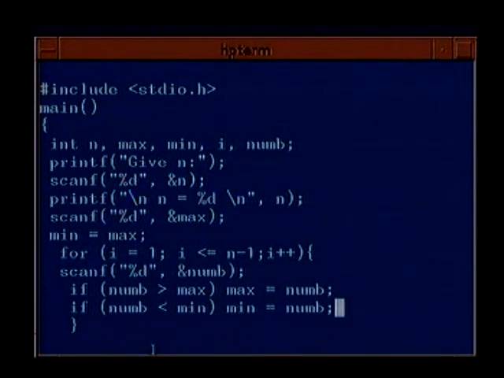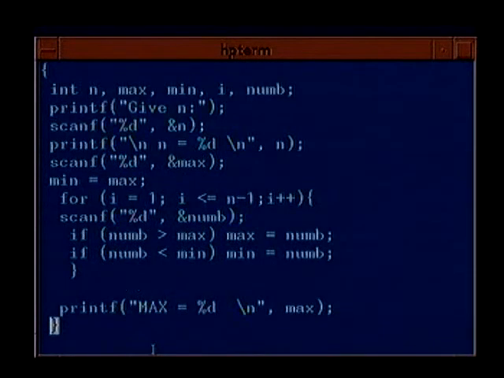So this program should work, isn't it? Is that okay? This program should work. You have declared a new variable min, you have read in this, you have done this, and if num is greater than max, max is made num. If num is less than min, min is made num.